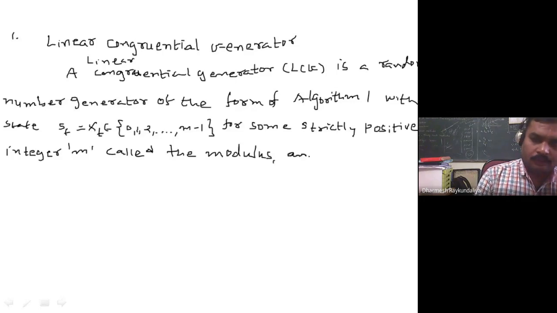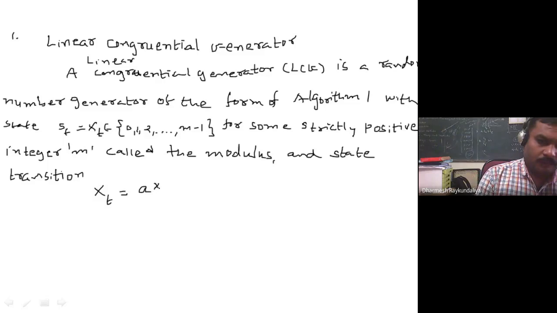And the state transition is xt equal to a times xt minus 1 plus c, modulo m.